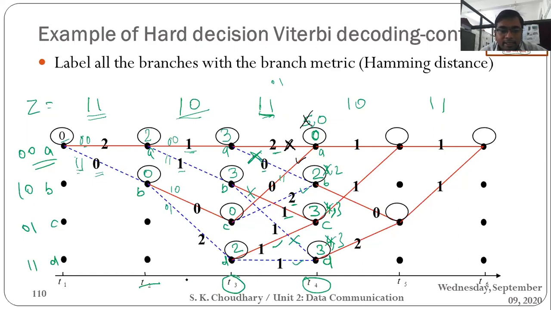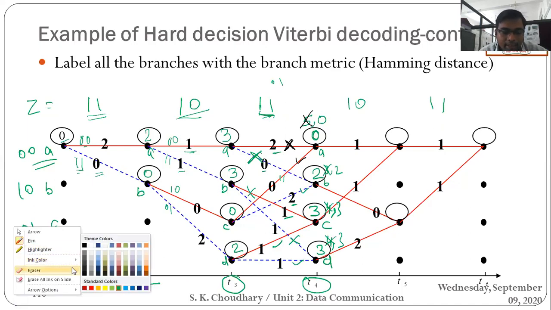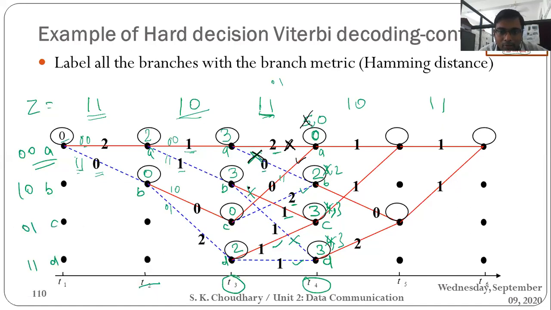So in this way, we have discarded the higher value of the metric path. Only the lowest metric value paths are selected. So 4 paths would be discarded and 4 paths would be selected for the next T4. And here only the selection is there, and it is very much clear how to move further. We have only 4 nodes remaining. At those nodes we are only using the flush bit, so input is 0 only.